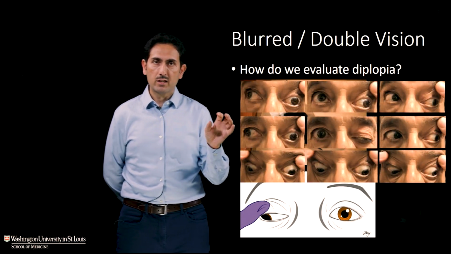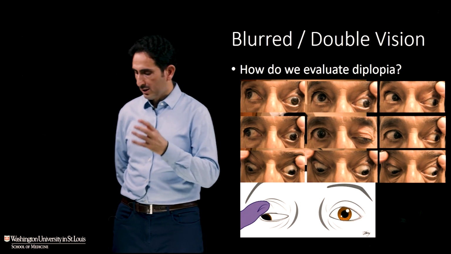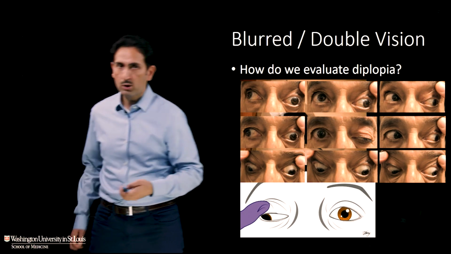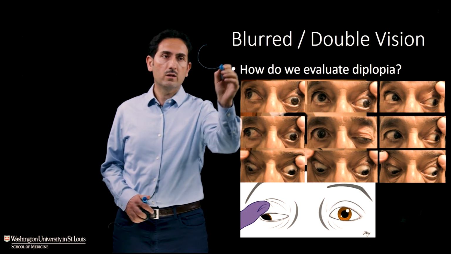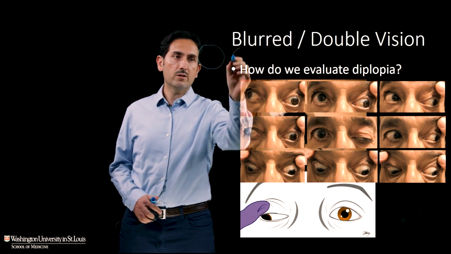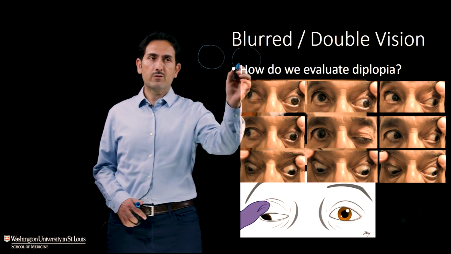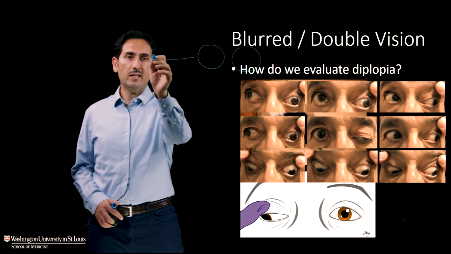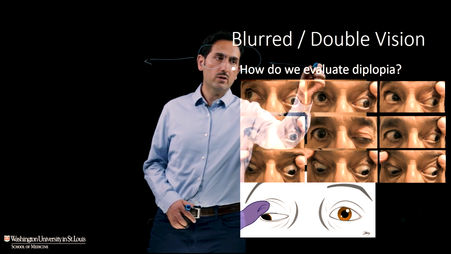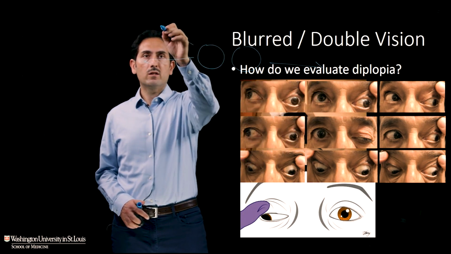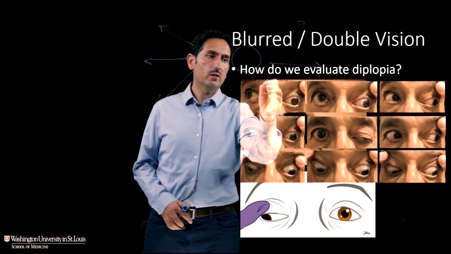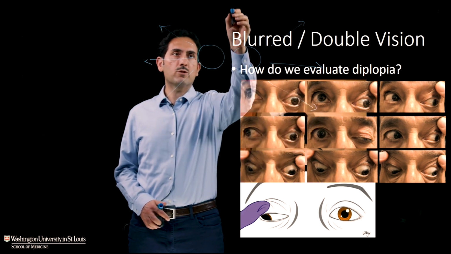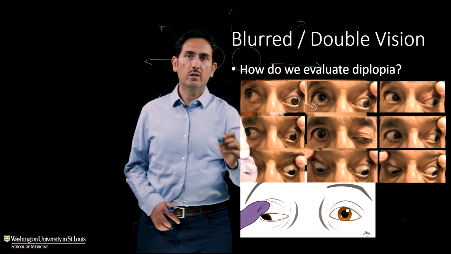And so how do we assess double vision? Well, one way is to look at the eye movements. We can take, as I said, the primary position and see if the eyes are aligned or if there's a divergence. And then we want to assess gaze in all cardinal directions: left, right, left and up, left and down, the other way up and down, and then directly up and directly down.